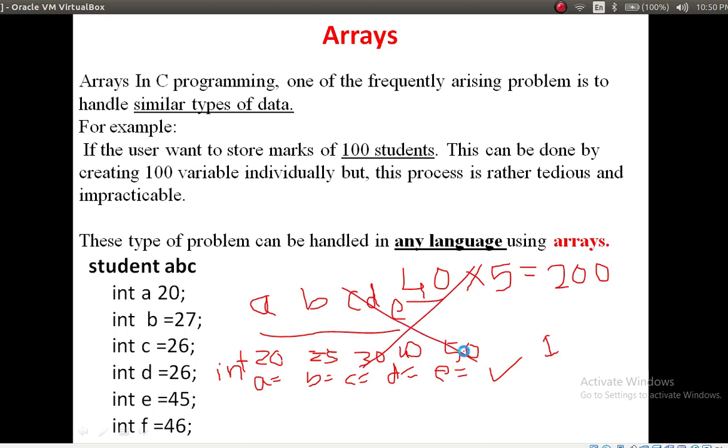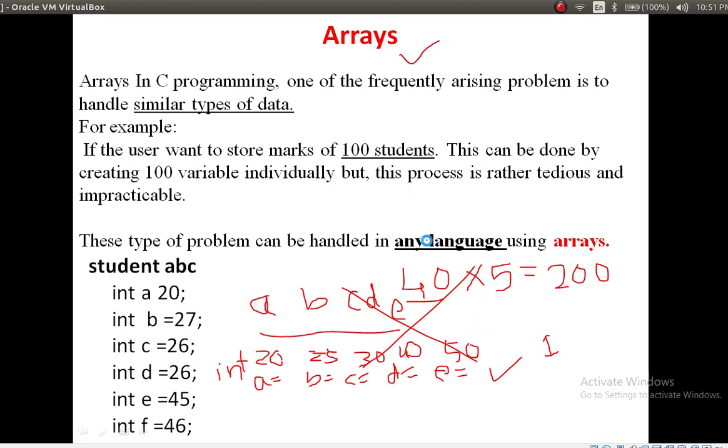And assume in your VTU exam you appear every semester with your subjects. In this situation, how many variables would we have to create? It is not possible. To solve this problem we will go for an array.